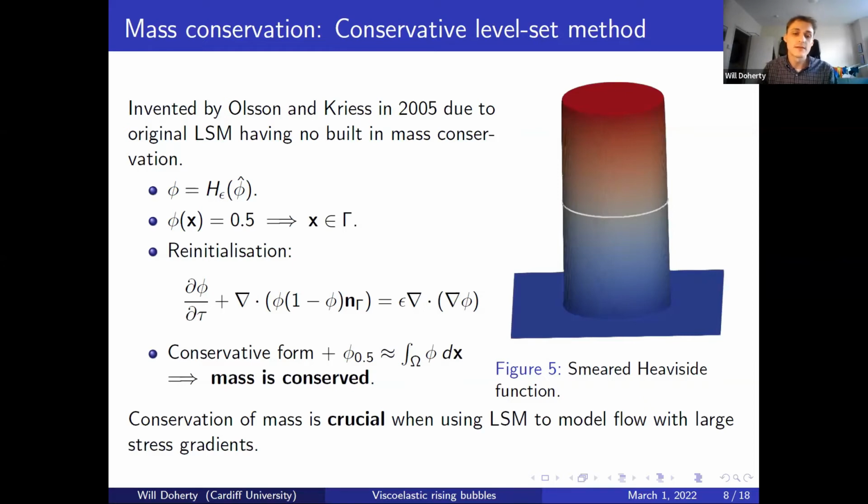So we create a conservative level set method just by changing our reinitialization equation and also changing what we use for the level set function. Instead of using a signed distance function, we're going to just use a continuous Heaviside function, like the one there in figure 5. And then in combination with that, in the conservative form of our advection and reinitialization equations,